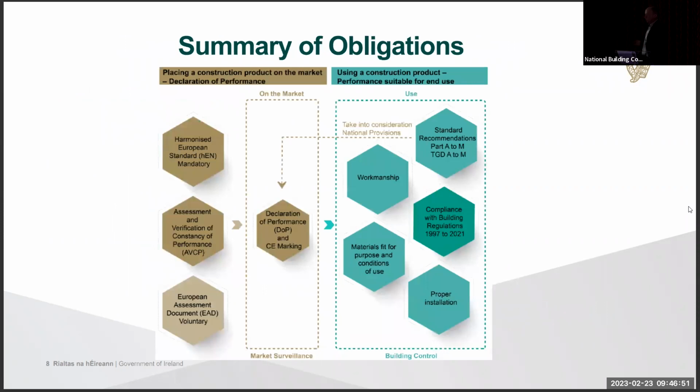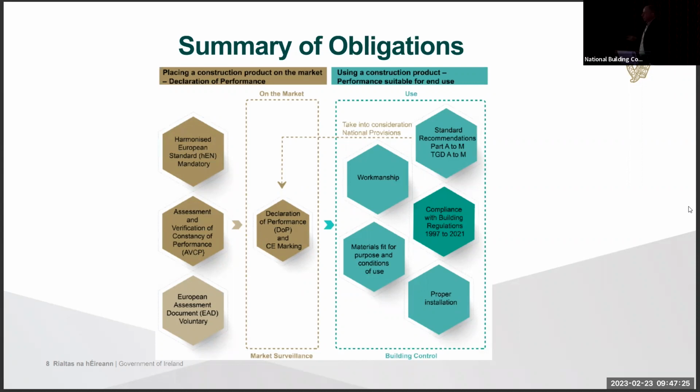So considering a lot of people here in the room will be from the regulatory side, this slide will be quite pertinent to help you understand the summary of obligations, I suppose, where different hats can be worn. So we have the standard that applies to the products, which will then tell us what the third party oversight requirements are, and this final box, if they've gone down the voluntary route, which to be honest generally doesn't apply. So the manufacturer has requirements for